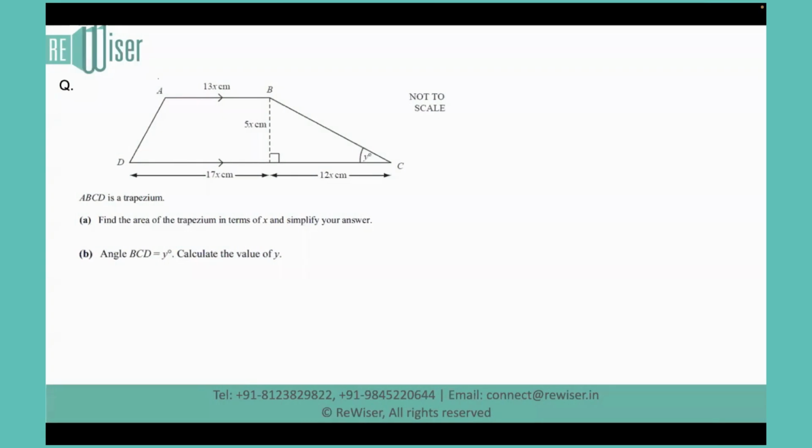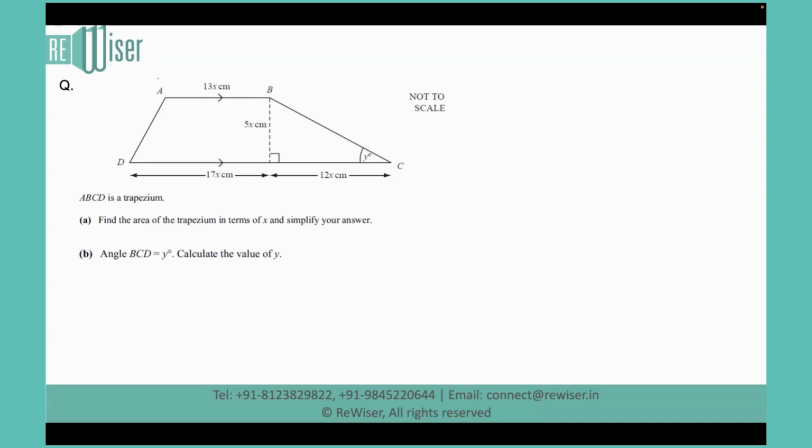Hi, we are given a question here that is based on a trapezium. So let us go ahead and we'll read this question. ABCD is a trapezium, and we are seeing that AB is parallel to CD in this particular figure, where the